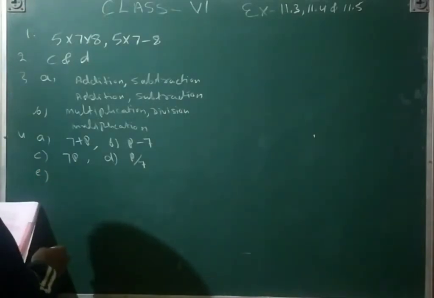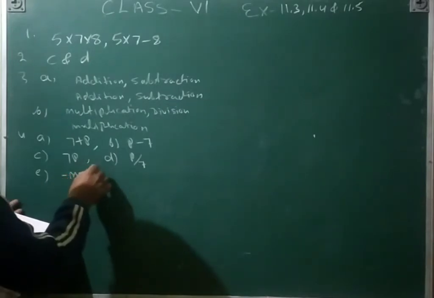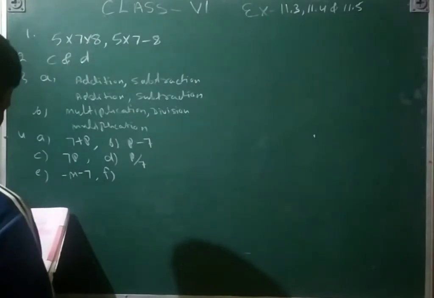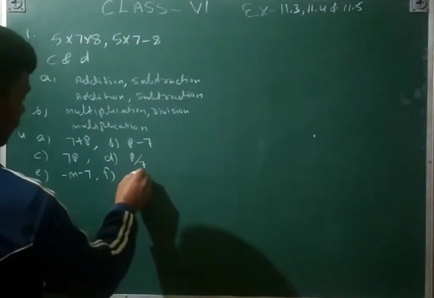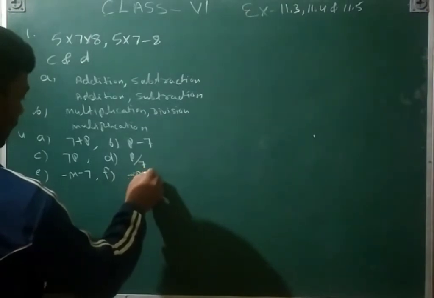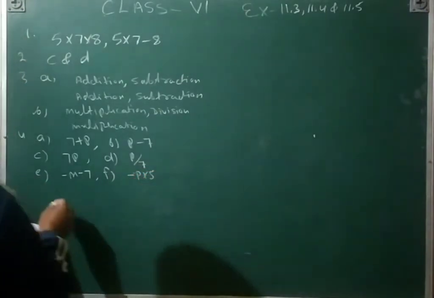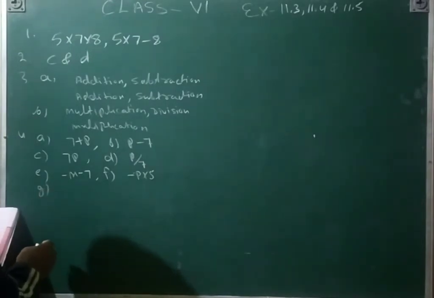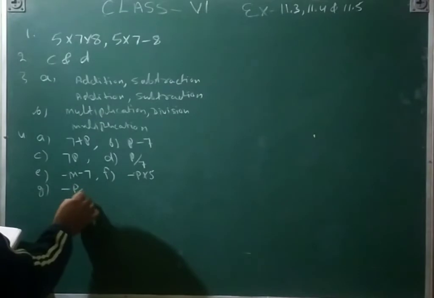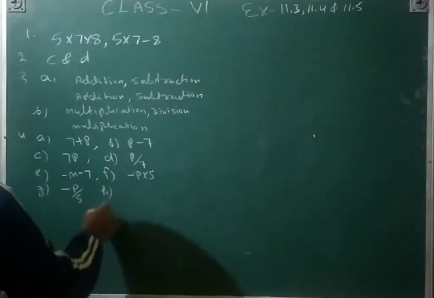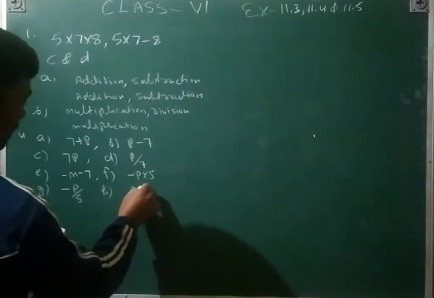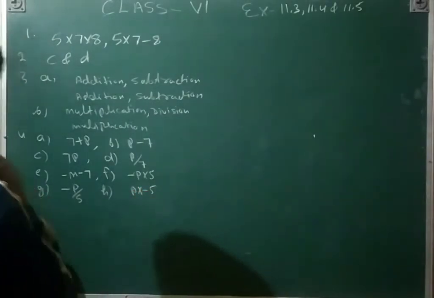E, 7 subtracted from minus m, so minus m minus 7. Then F, minus p multiplied by 5, so minus p multiply 5. G, minus p divided by 5, so minus p upon 5. H, p multiplied by minus 5, so p multiply minus 5. And then